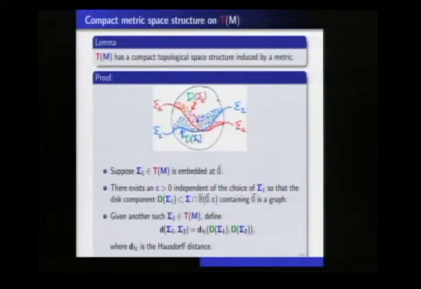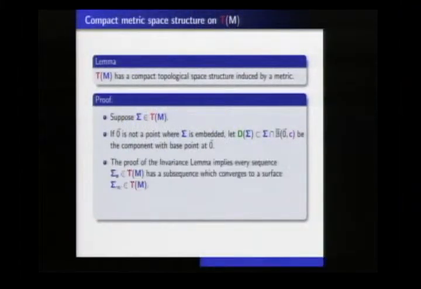A sequence of graphs converges, right? If the Hausdorff distance between the graphs goes to 0, then the sequence converges to that limit. And we have the invariance limit. Okay, so in general, maybe you're not embedded, but you still do the same thing. You make the same picture. You define the same distance function. The proof of the